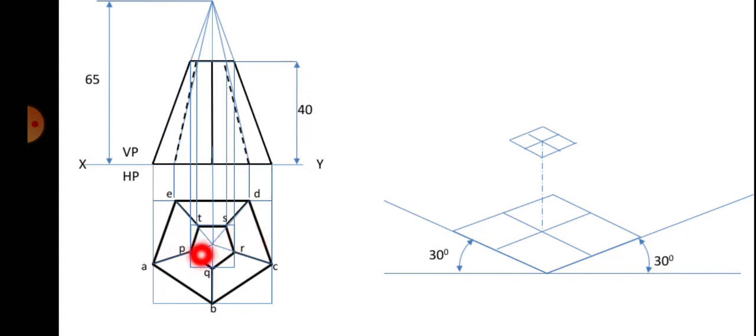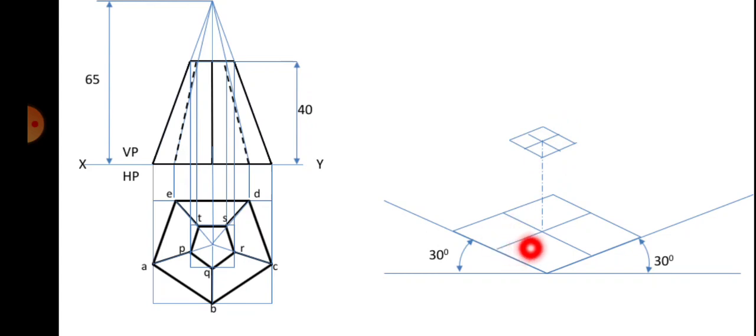Between 1 and 2 there is Q, so I'll measure the distance from 1 to Q. I think it's at the midpoint, so you will get Q here. Between 2 and 3 I will get the distance R. I will measure that, and somewhere in here you may get R. Somewhere here you will get S, here you will get T, and somewhere here you will get P. So you will get the top face.